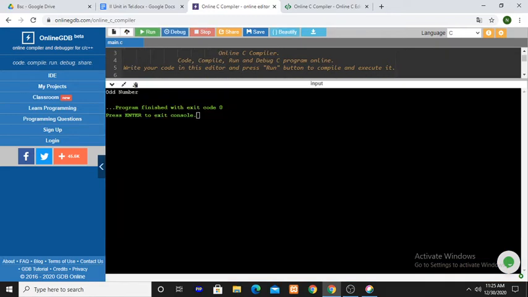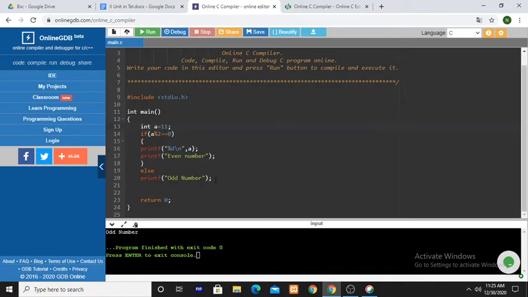So it is an odd number. 10 is not displayed. Here the condition is false. False means the if block is not executed. So the number is not displayed, and the even number statement is not displayed. So what does it display? Odd number. This printf statement is displayed.